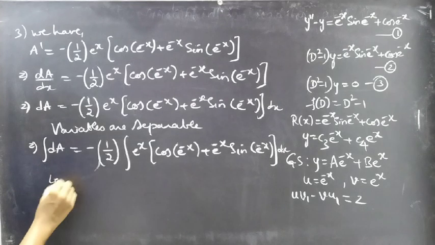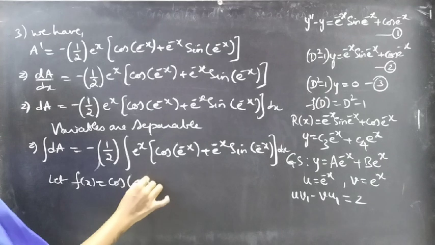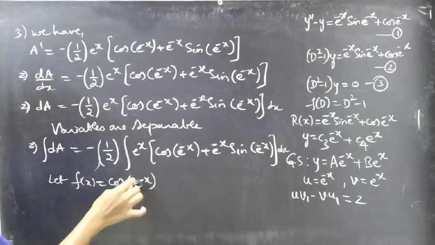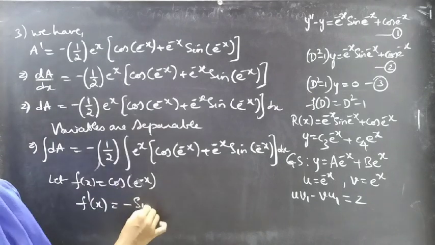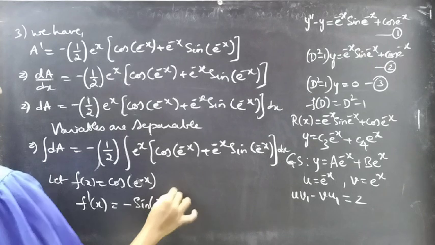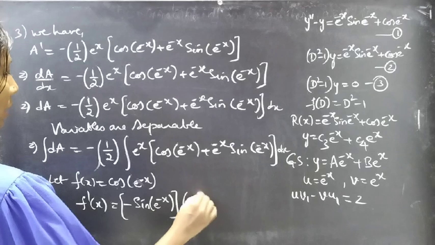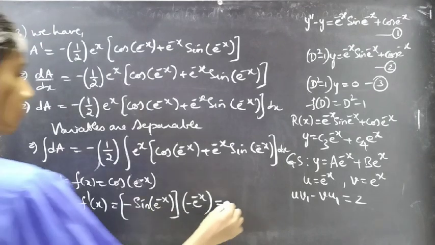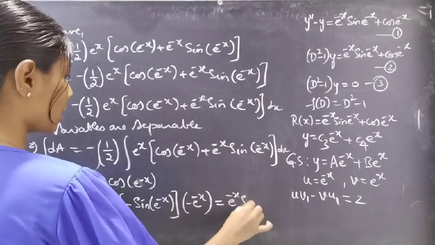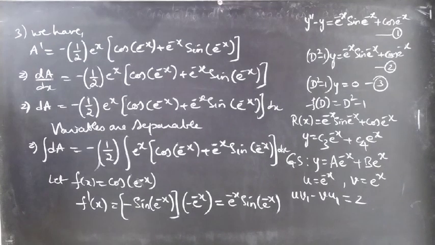Let f of x equal to cos e power minus x, then f dash of x will be the derivative of cos e power minus x, which is minus sine e power minus x into the inner derivative of e power minus x, which is minus e power minus x, which gives us minus into minus plus, so you'll get e power minus x sine e power minus x,